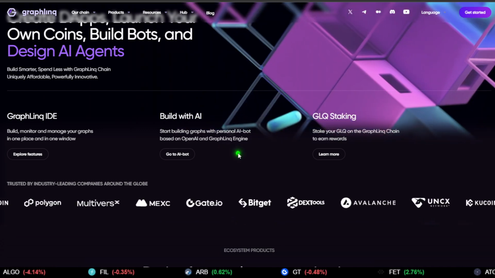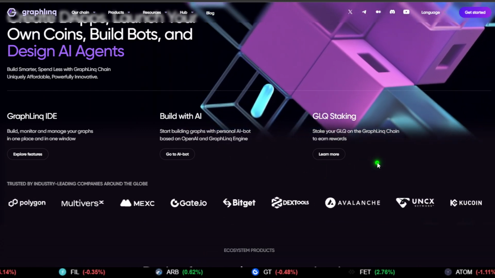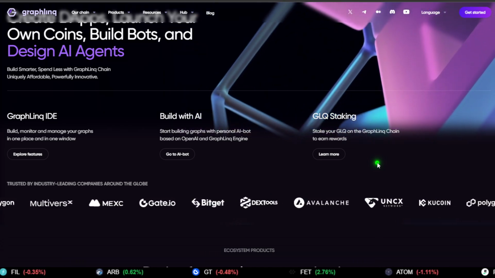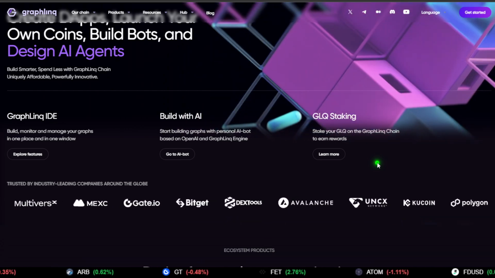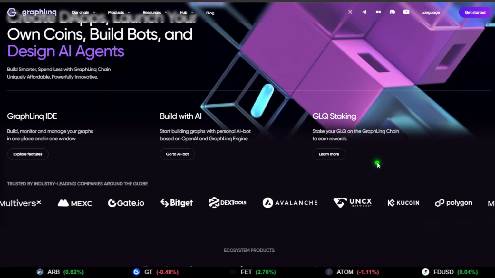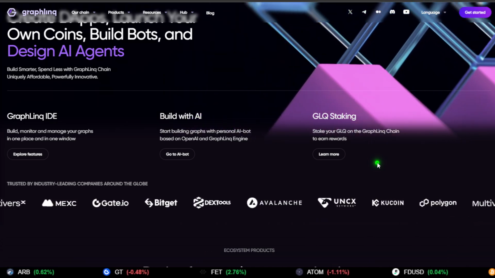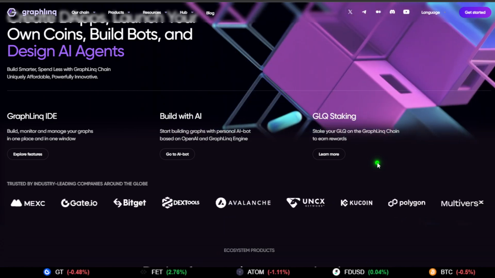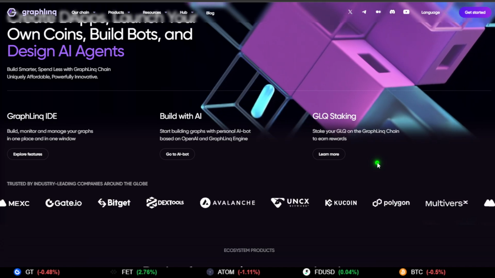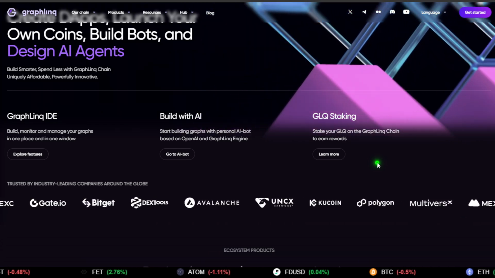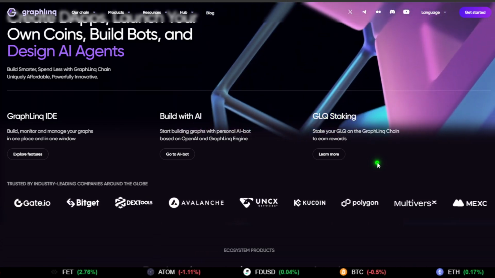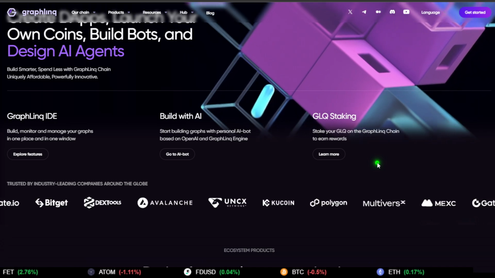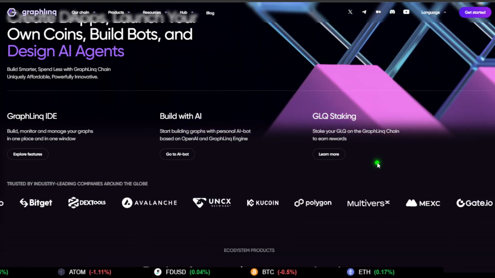Now, we see a GraphLinq engine, which we'll talk about a bit. I'm going to definitely try to get into some of the technology here, but as you guys know, this is a deep dive based on Web3. As a cryptocurrency, as a blockchain project, we can easily fall into looking at white papers and technicalities with regards to the tech, but that's not what we're going to be doing here. I'm going to scratch the surface there so that we can talk about exactly what its value proposition is. However, it's very important that we understand its value proposition as a Web3 project. That's super important. That's what I specialize in, okay?